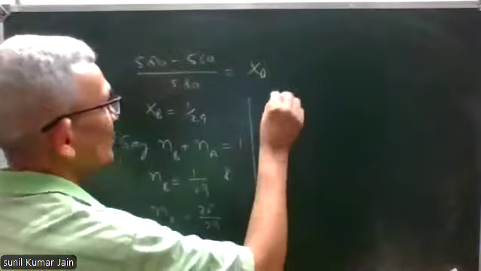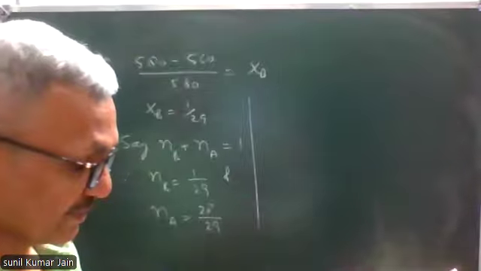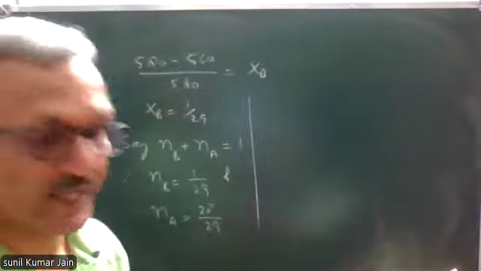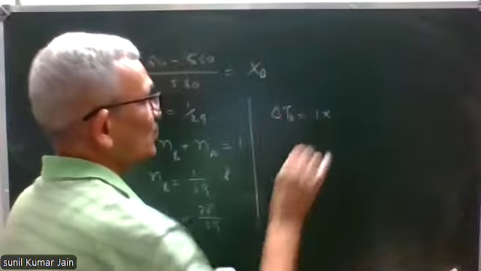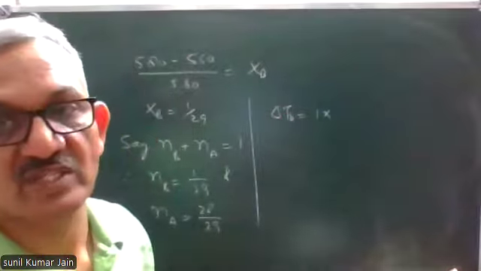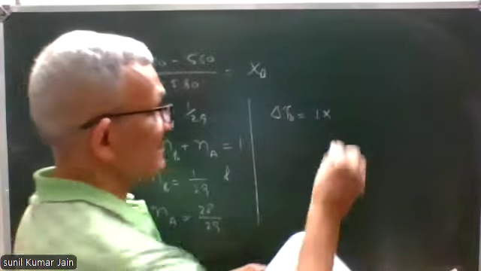Now from this, we can calculate the rest. We'll use elevation in boiling point. Delta Tb is equal to i, which is 1 because there is no indication whether there's association or dissociation. Kb is 1.767